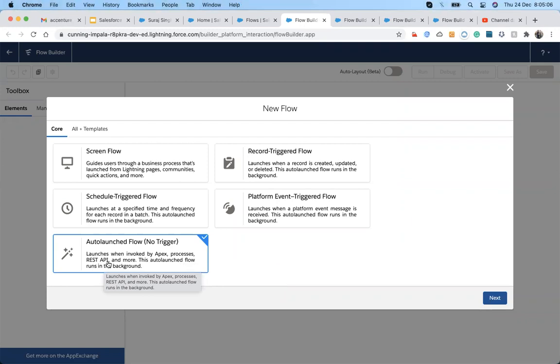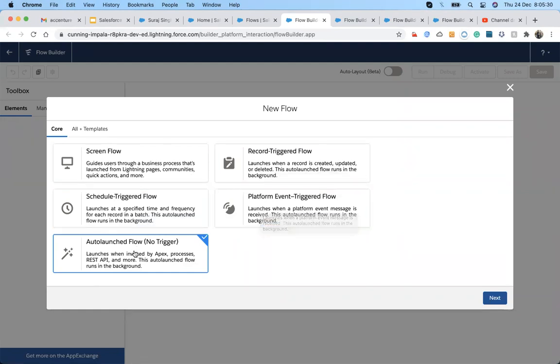Whenever we have to call a flow from any system, remember these other flows are triggered by automatically generated events. A schedule trigger is something we schedule and it happens at a set time. A record trigger flow runs whenever the record changes, and a platform event flow runs whenever the platform event occurs.